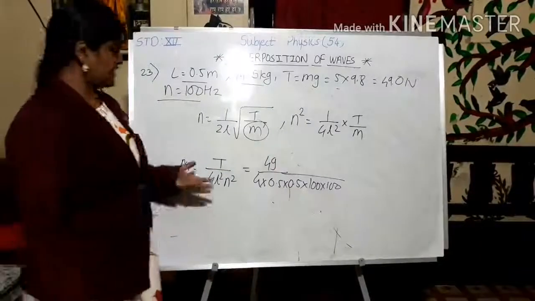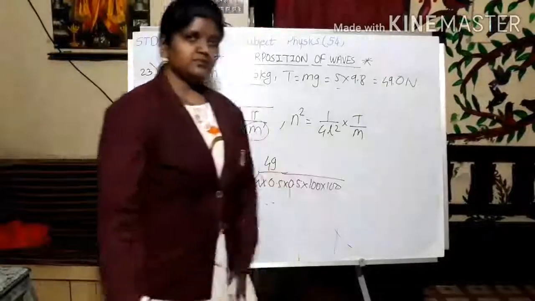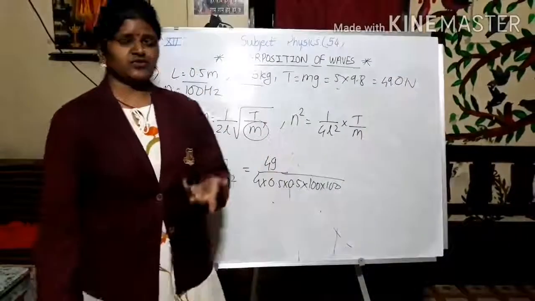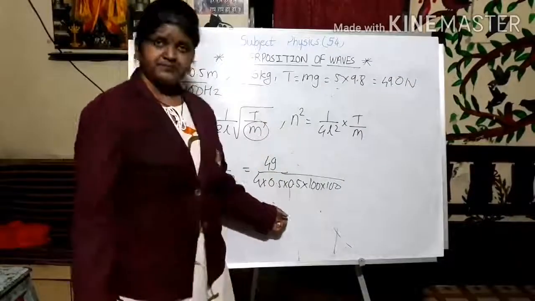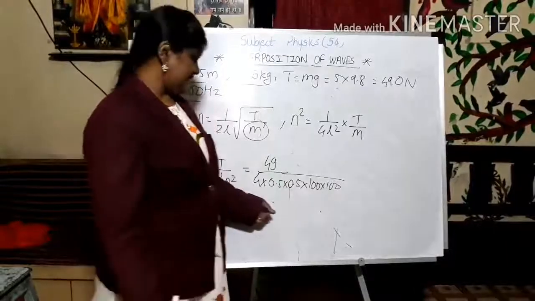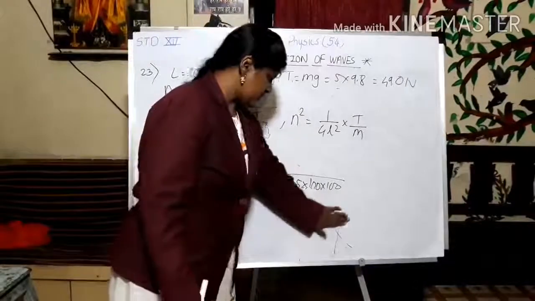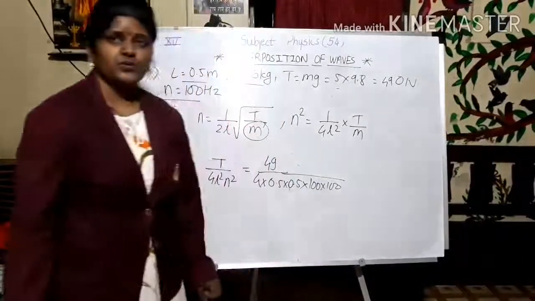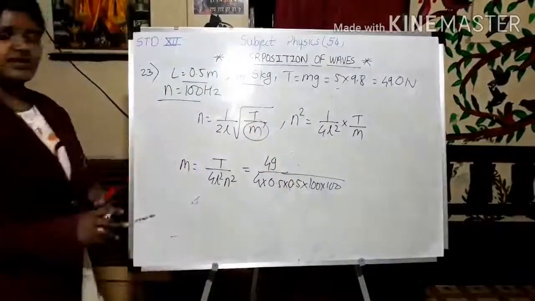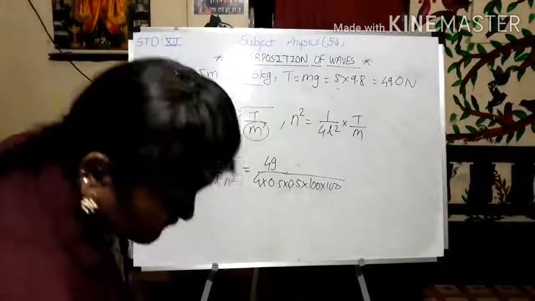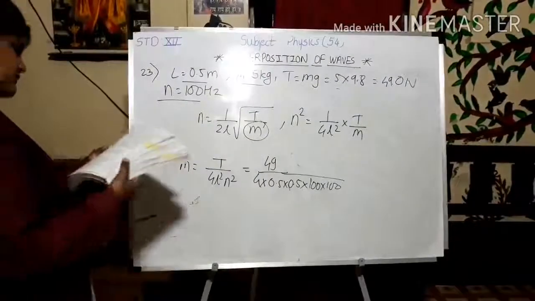This is an easy one. I have given you all the solution. You just want to find out the last one, which is the answer. Definitely you will get the answer. In this way you can find out the next one also. This is the 23rd, and the last one is also based on the same thing.